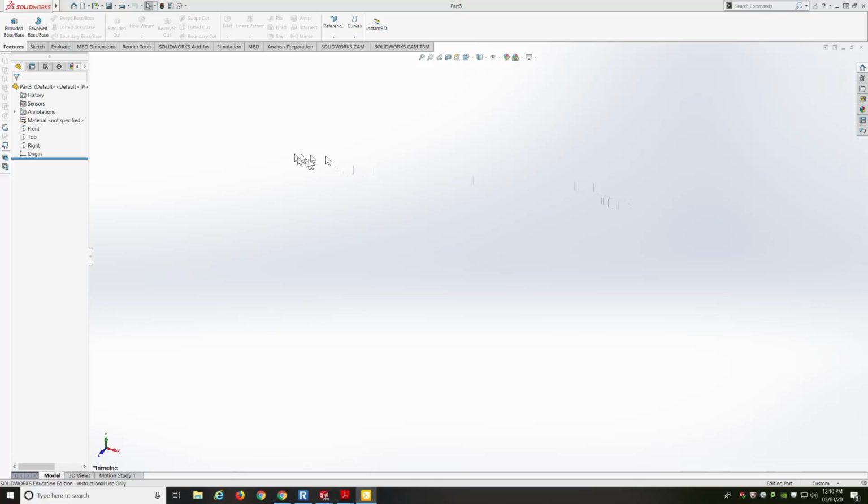All right, this video is about creating the sweep feature. With the sweep feature, we need to have two sketches instead of one now. One sketch is for the path, the other sketch is for the profile. And then the profile gets swept along a specific path. In order to accomplish this, we're going to start on a horizontal plane to make it pretty easy to